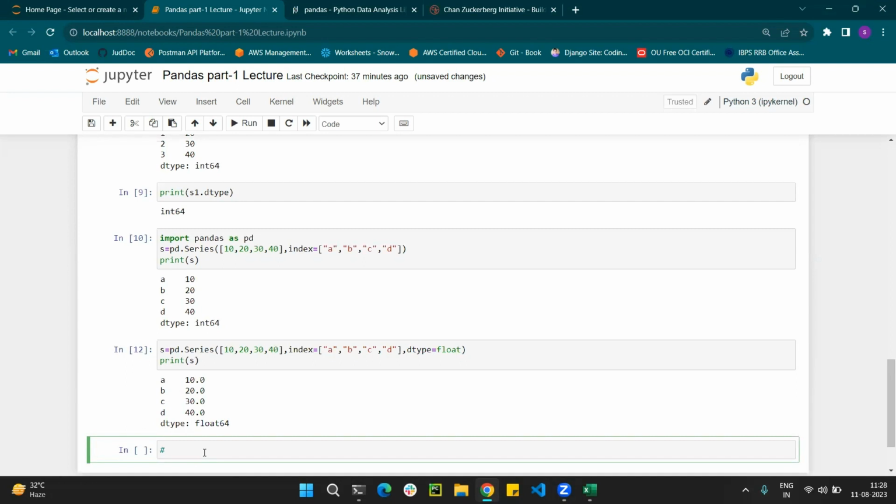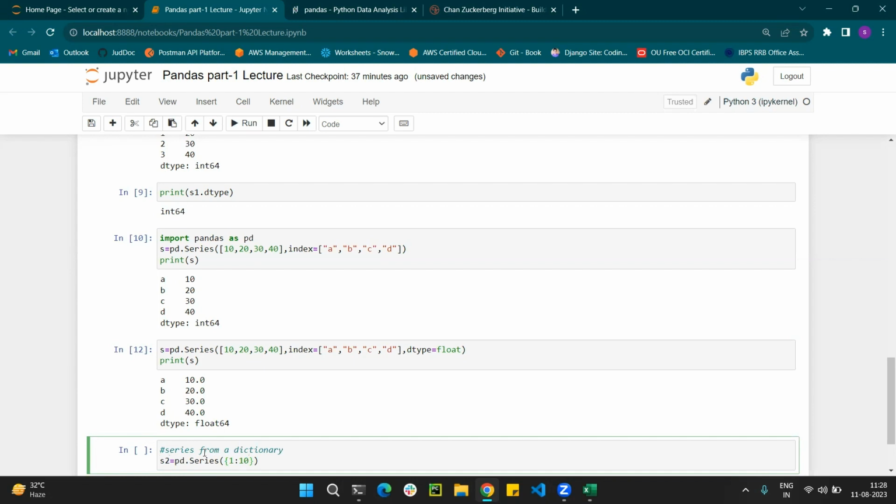So, series from a dictionary: s2 equal to pd.Series, giving the data in dictionary format.